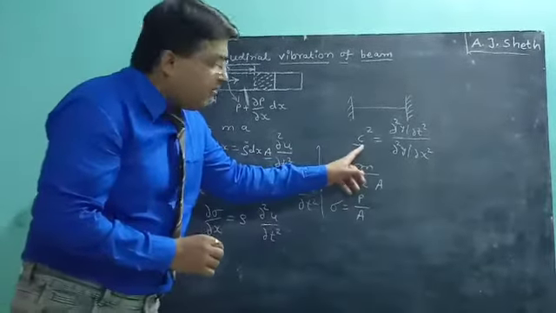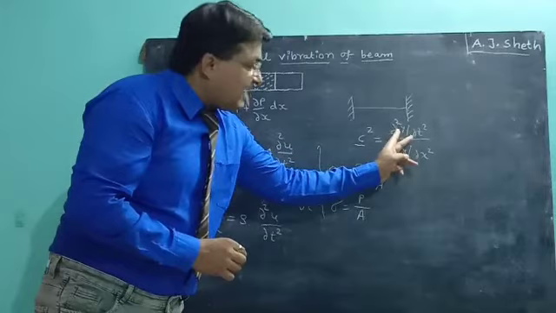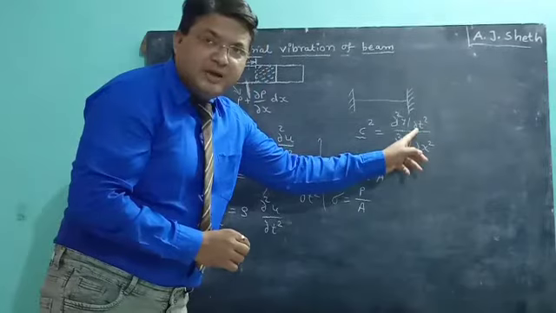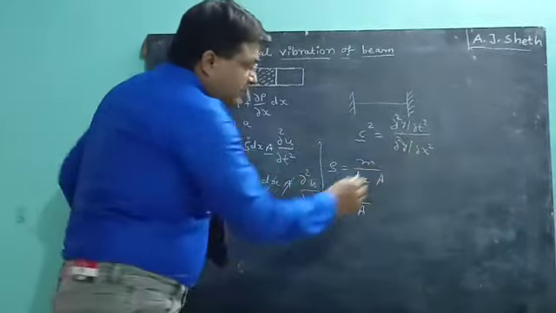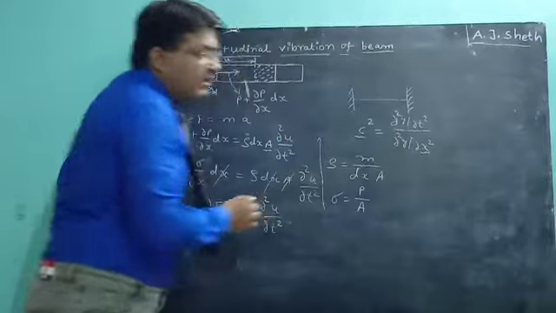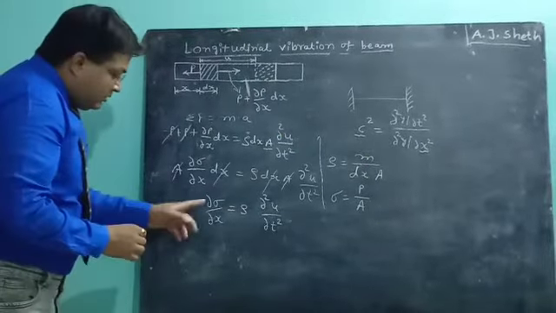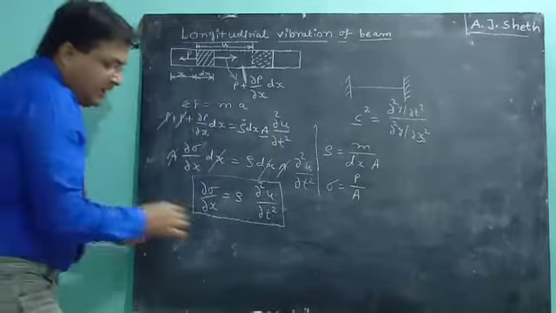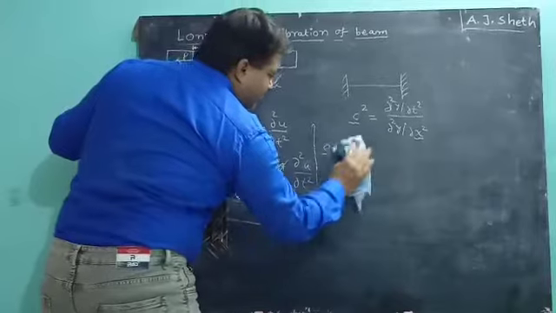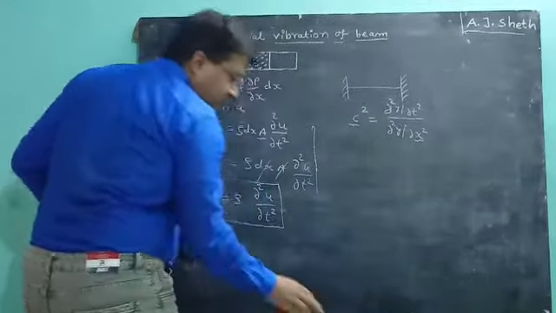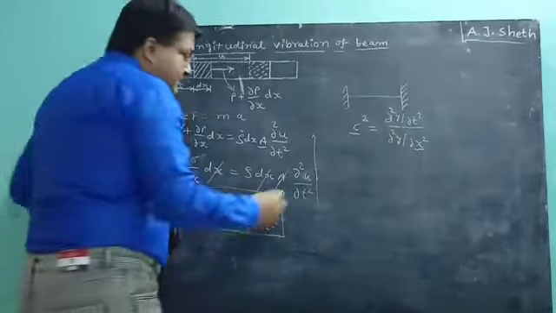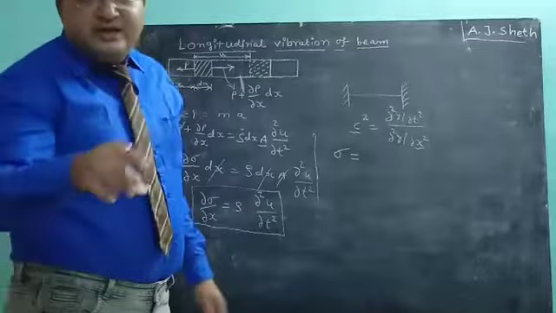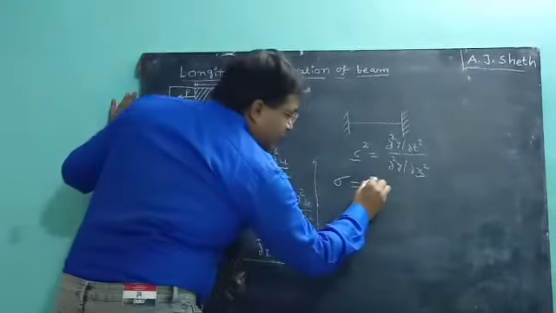To go up to the wave equation, we need second order partial differentiation with respect to time as a numerator, and in the denominator we need these portions. So let us keep this aside and apply the concept of Hooke's law. What Hooke's law says is that stress is directly proportional to strain, and the proportionality is removed by modulus of elasticity.